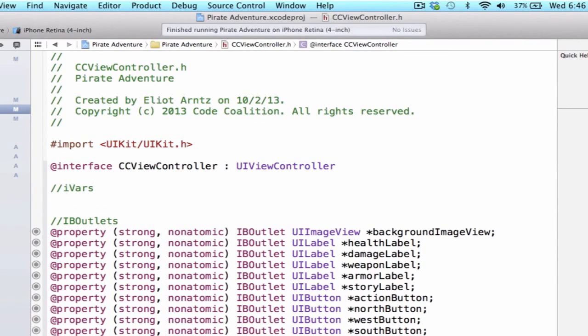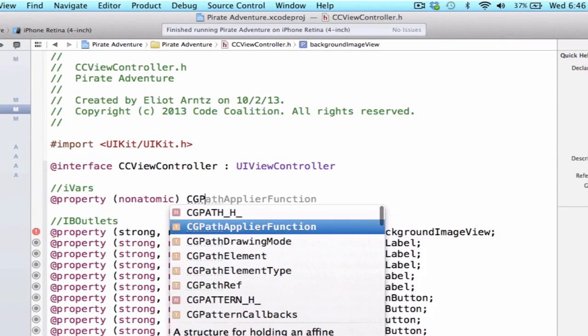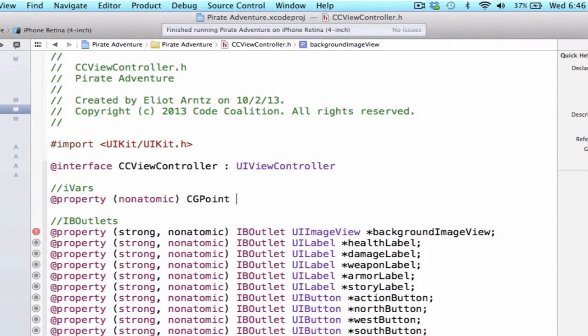The first property we're going to want to create is going to be our current point. So we're going to do @property, nonatomic, and this is going to be a primitive, so we don't have a strong. And we're going to create a CGPoint, which is a struct, and structs allow us to package multiple primitives together, so that would include floats, integers, and bools. This is kind of a way of containing them in one spot. So we're going to write currentPoint here, and we'll see how to use a CGPoint in just a